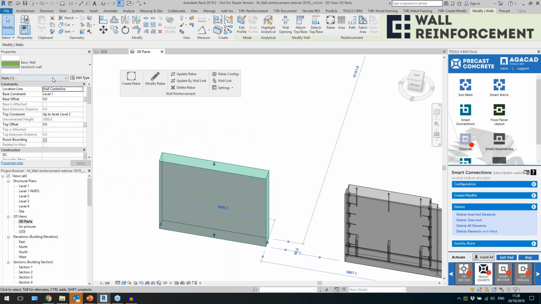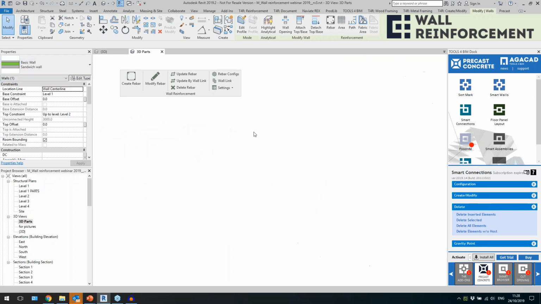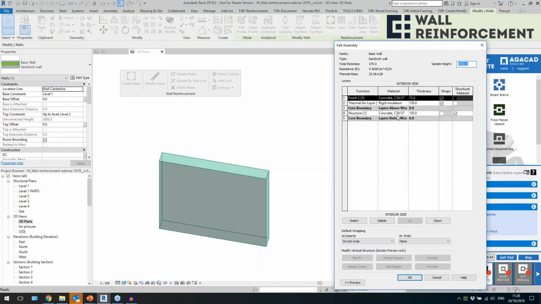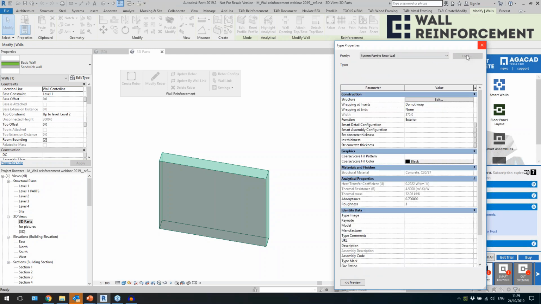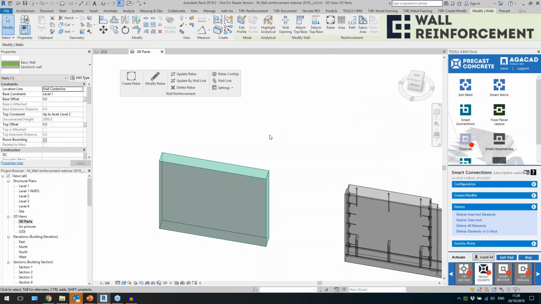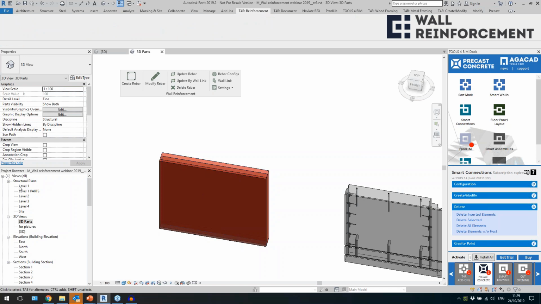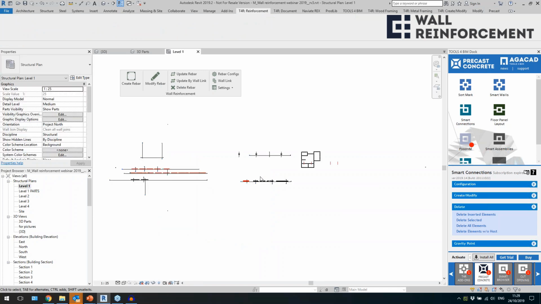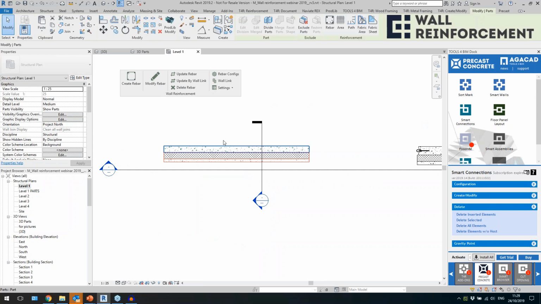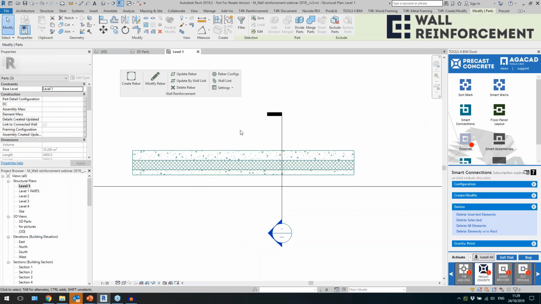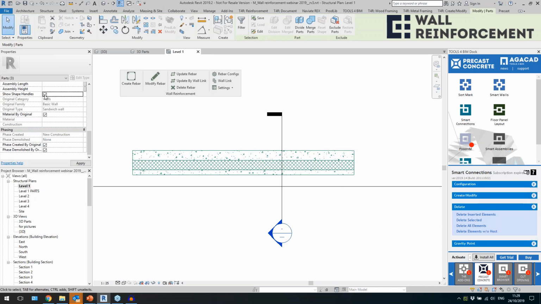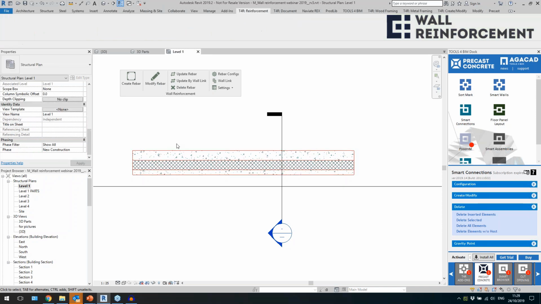Let's say I have this sandwich wall. You see in Revit we can have multi-layered walls, right? 1 layer, 2, 3 layers of wall. Then what I will do now, I will create parts from it, and then maybe in the level 1 I can make some modifications to these parts. So I will select parts, and what I will do, I will say I want to have shape handles,